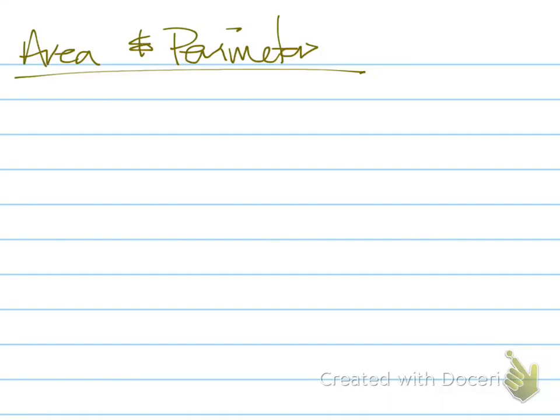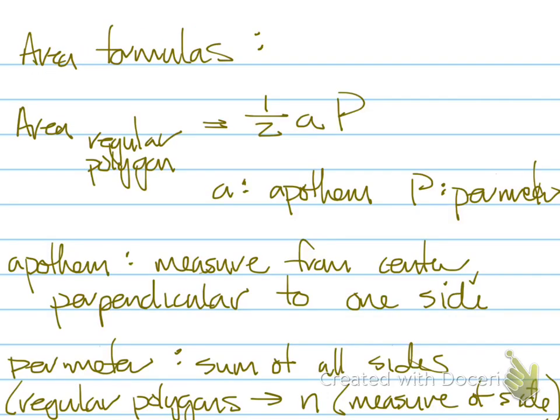In this lesson, we're going to be looking at the area and perimeter of several different polygons. The area of a regular polygon. A polygon is regular if all the sides have the same measure and all of the interior angles have the